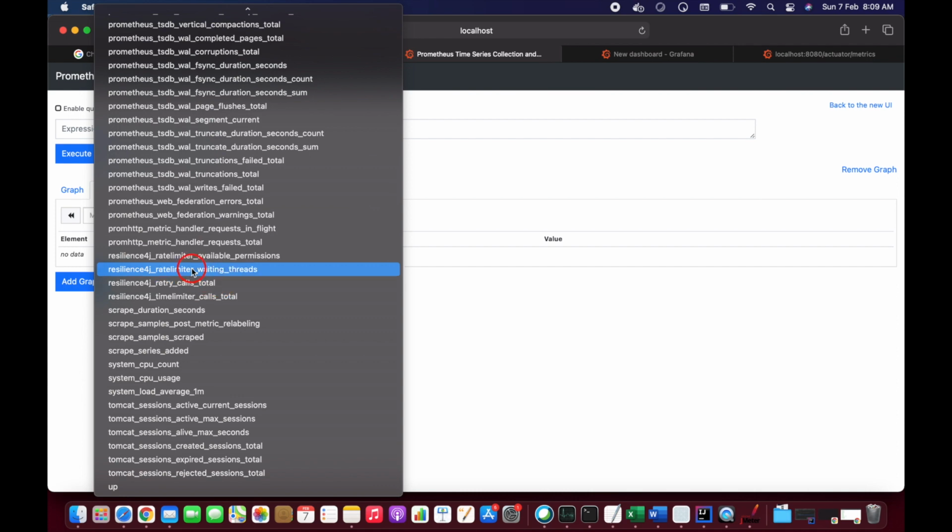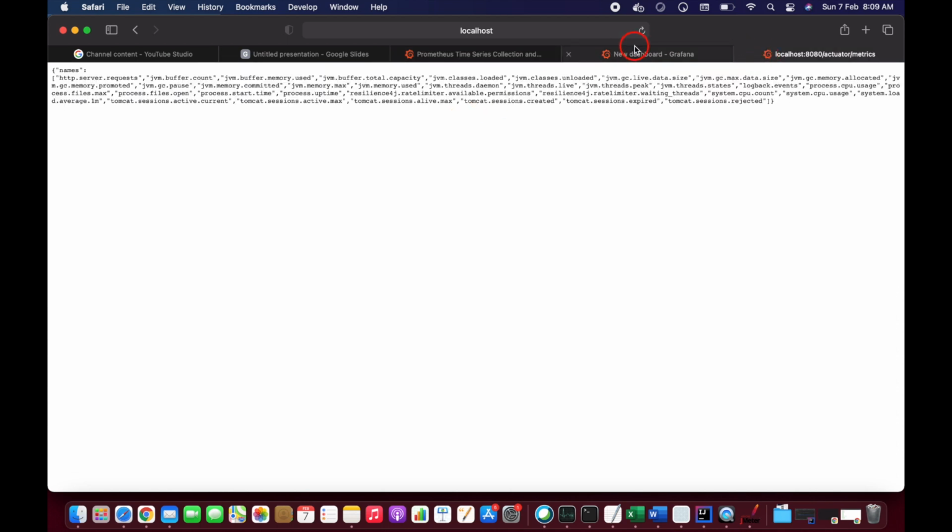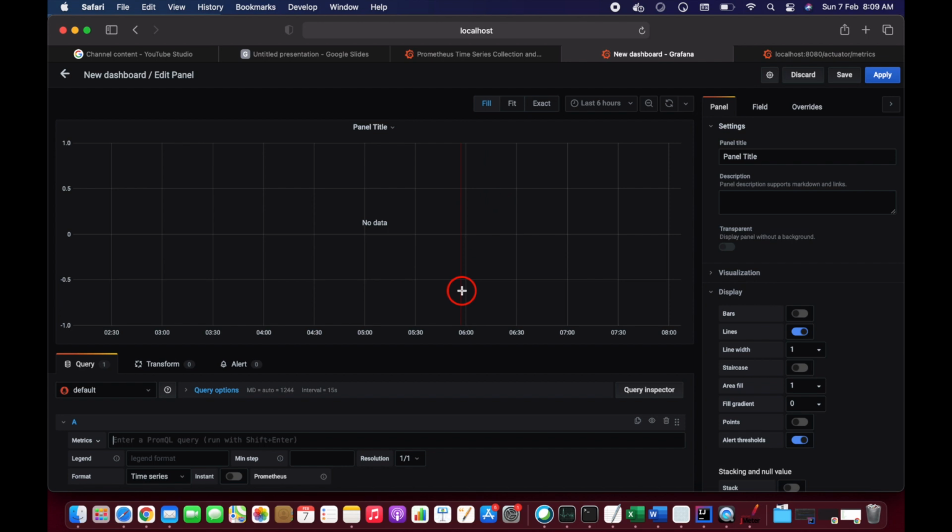Now if you want to see the rate limiter waiting threads information in Grafana, you can just copy this query, come to Grafana, paste it over here and click on this.